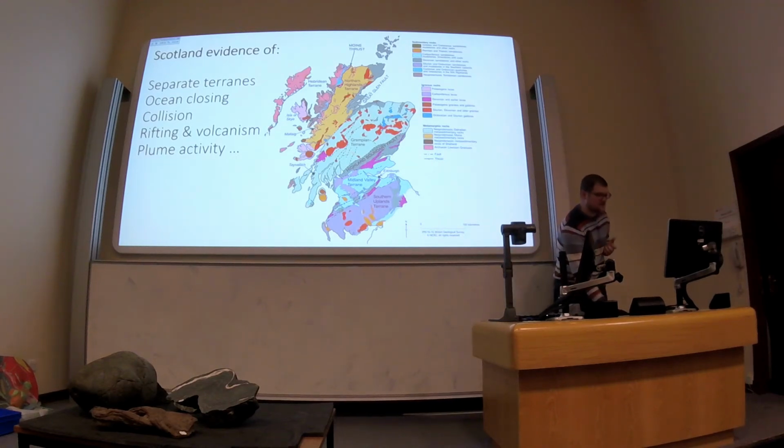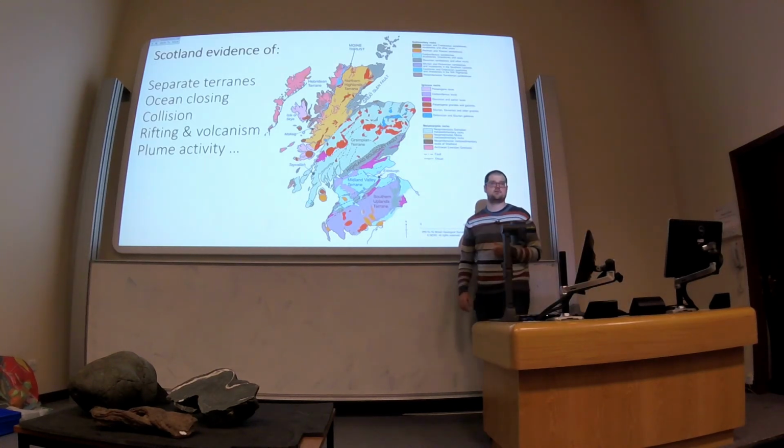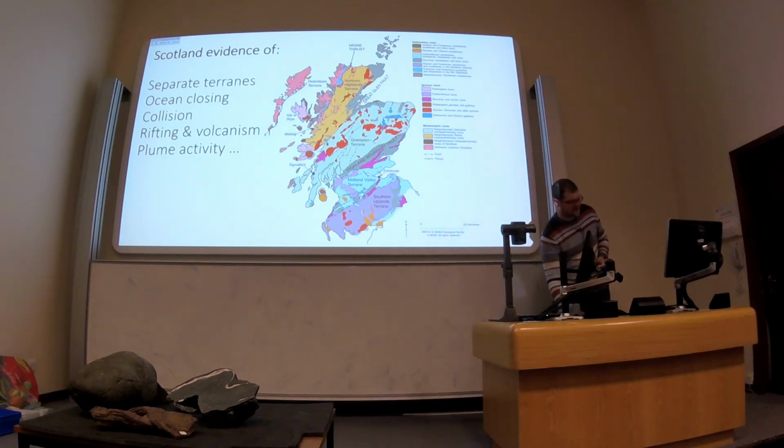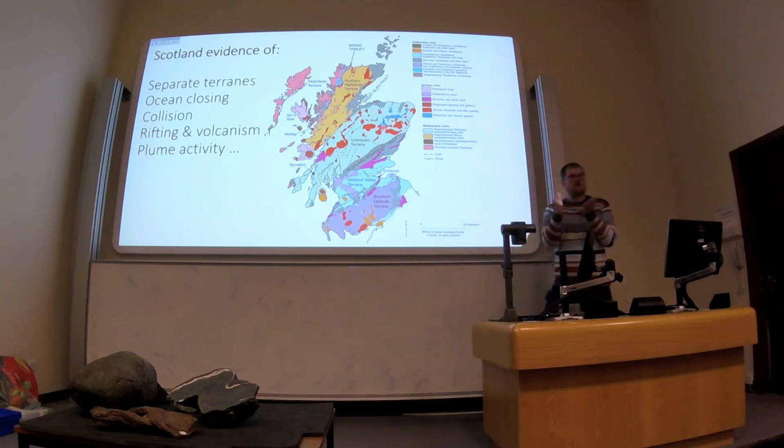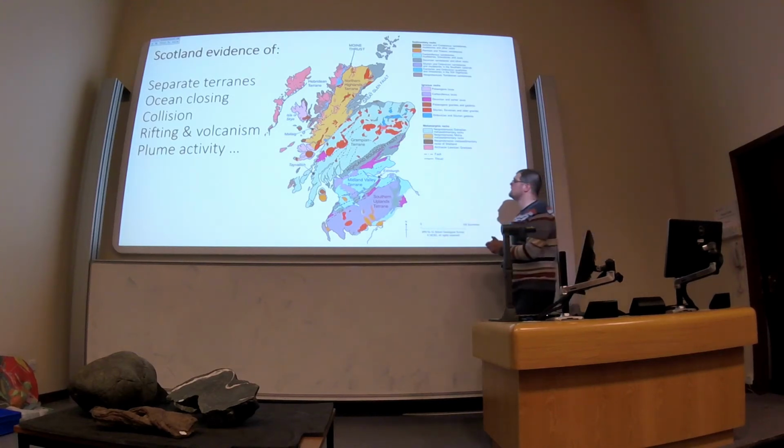So over geological history, the oldest rocks in Scotland are up here. These are about 2.5 billion years old. Then the brown layer is here, that's about 600 to 700 million years old. And then we basically get slightly younger as we move south. So these different layers of rock are being smacked up against the side of Scotland.